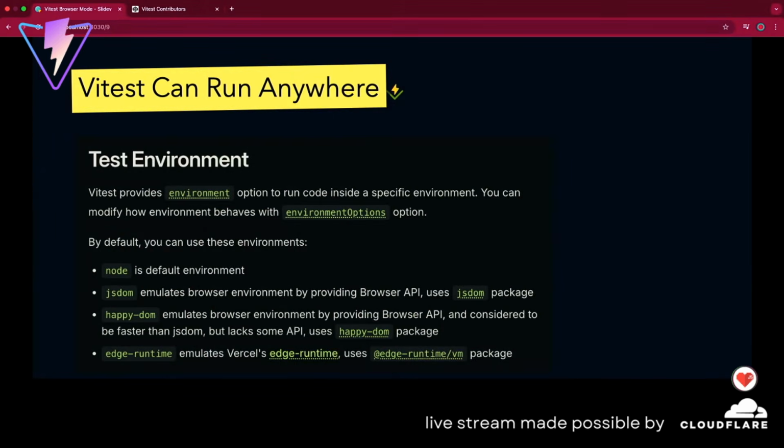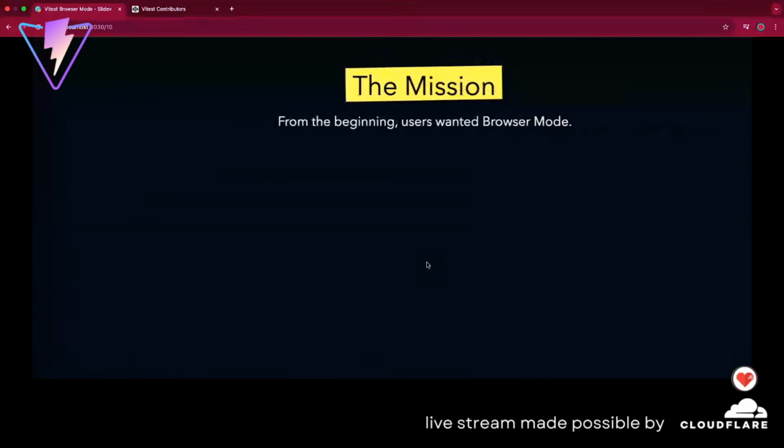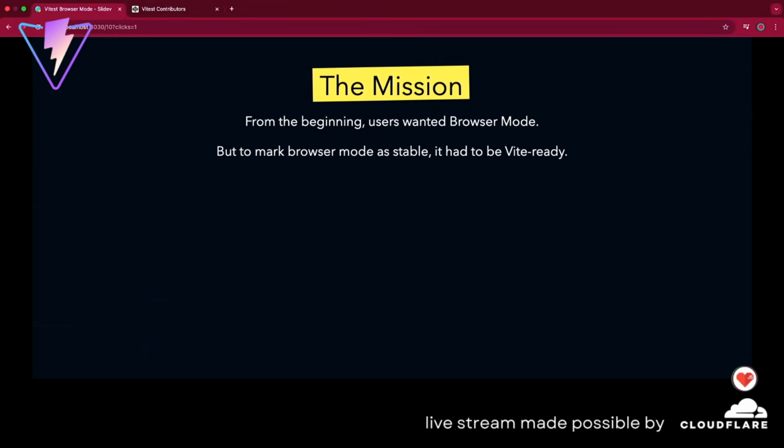Highly recommend. So Vitest can run anywhere. Vitest can run in Node, JSDOM, Happy DOM, and Edge runtimes. And so it's kind of an absent thing that you couldn't run the browser mode, or it was experimental still, because Vite is for web developers, and it was a little silly, right? It's kind of a missing feature. So now I'm very, very excited that we got it to be Vite ready. And what that means to me is that it has to be extensible, it has to be packed with features,